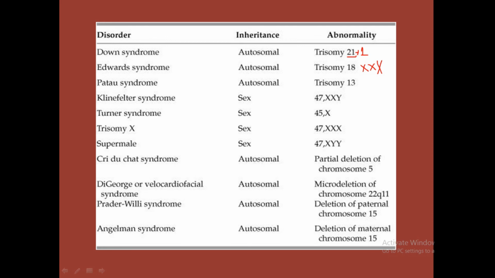In Klinefelter syndrome there are abnormalities in the sex chromosomes. Generally there should be XX or XY, but here it is XXY. In case of Turner syndrome there is only X, there is no other X or Y. So these are the abnormalities. Trisomy X, there is XXX. Super male, there is XYY. Again Cri-du-chat syndrome, there is partial deletion of chromosome number 5,